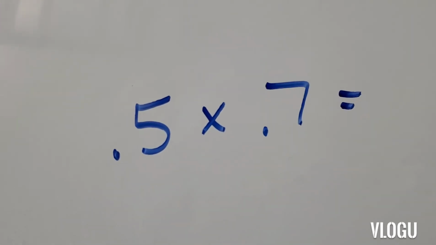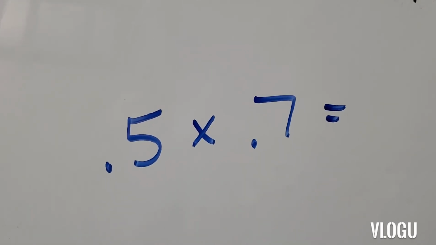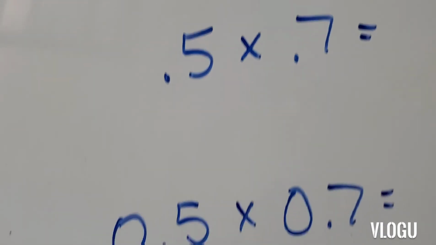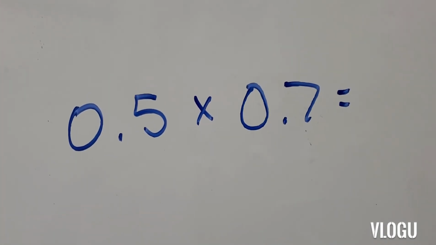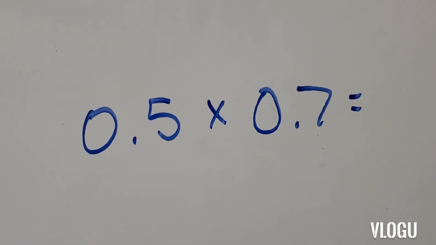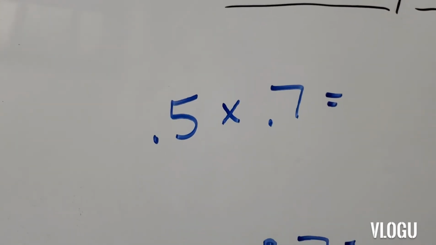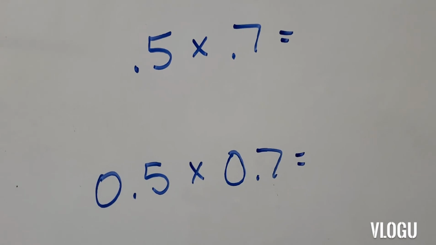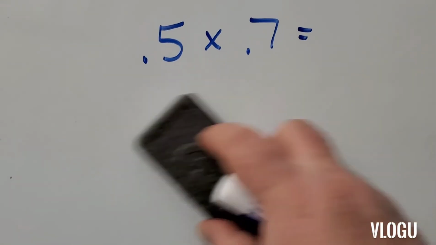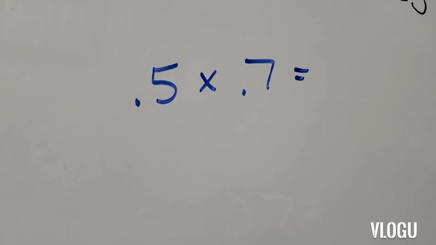So if we multiply decimals, we could have a problem that looks like 5/10 times 7/10. Now, you could see this written like this, with the zeros in the units place. That's actually okay, and it doesn't change our problem. So we can see it either way, and it would be fine. I'm going to get rid of this for right now, and I'm going to take a look at 5/10 and